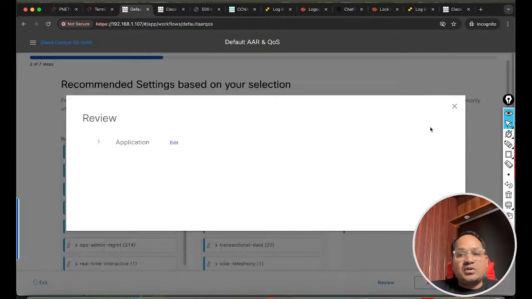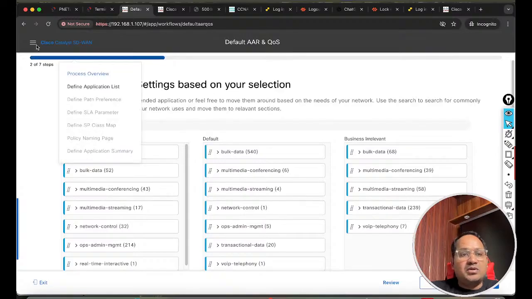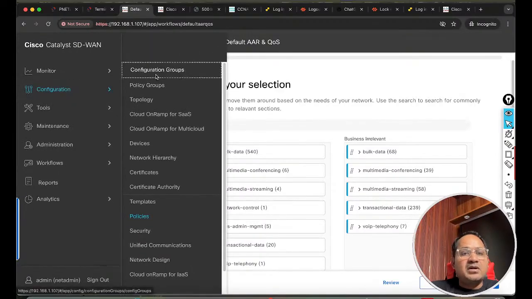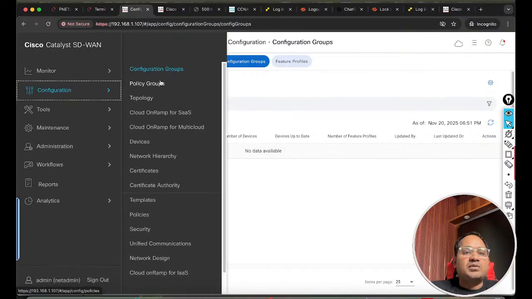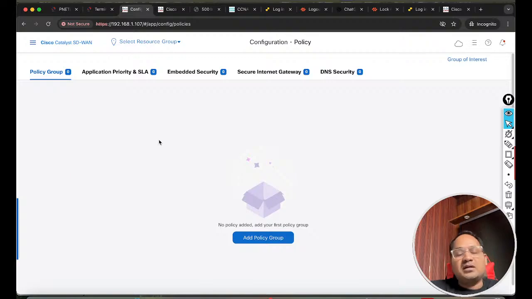So you have to understand what the feature is and how it is going to look. Another thing: if I want to get the policy group, how is it going to happen, what is the meaning of the policy group, and what is the difference between the configuration group and the policy group. I will explain how it is going to happen, but not today, because